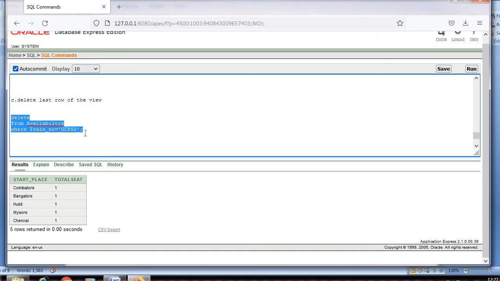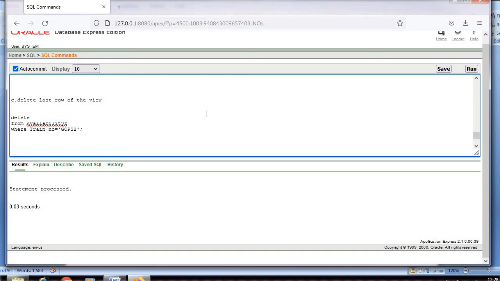I'll select this. Statement processed. Actually we have deleted one row from the availability table whose train number is GCPS2.